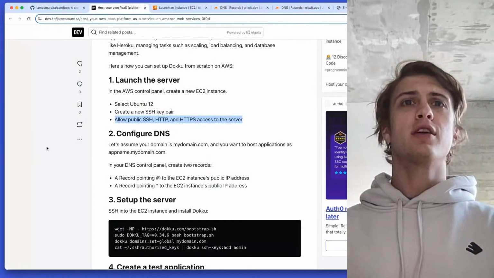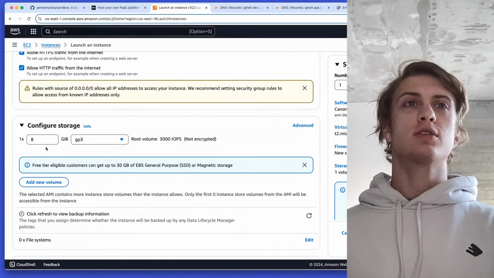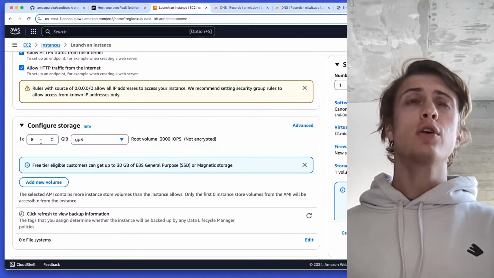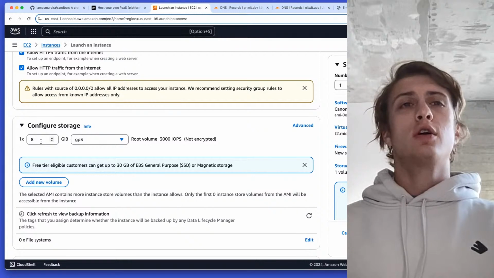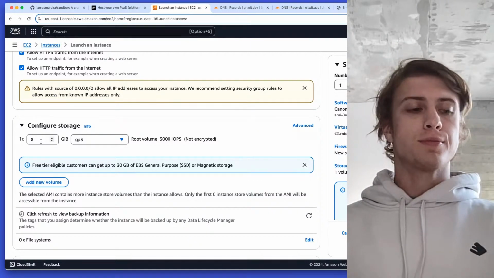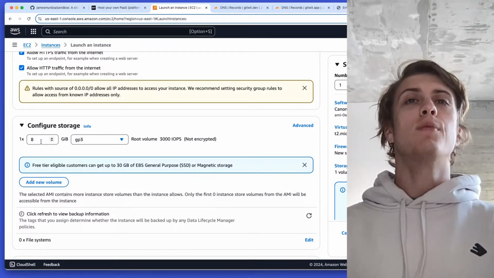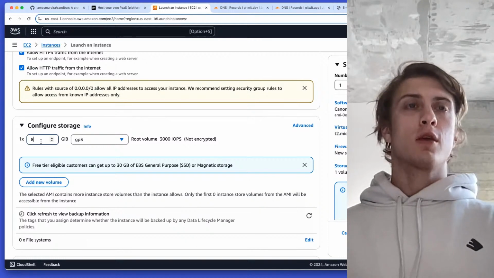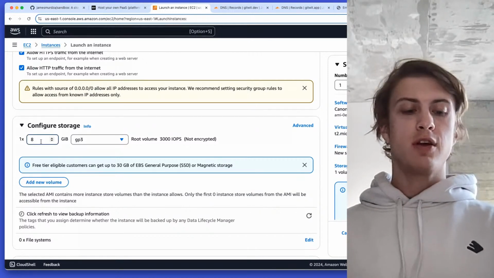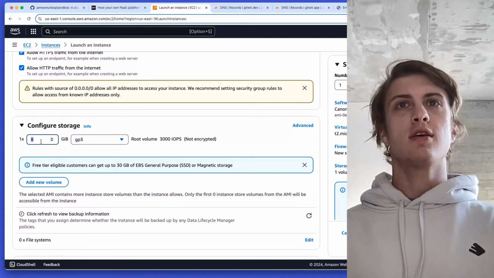For storage, we are eventually going to need quite a bit of storage. I'm not sure I mentioned that here, but basically you need as much storage as the projects the users can run. And Dokku does use Docker, I believe, to build the deployments, and that can use quite a bit of space. So to be very generous, right now I'm just going to say,